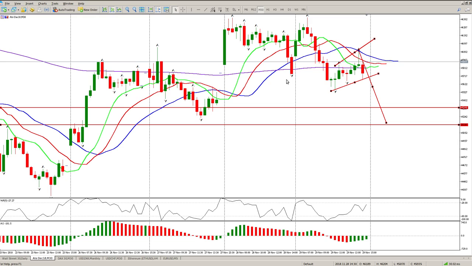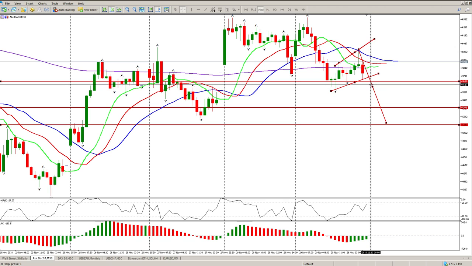Okay, so yeah, so I think for the Aussie, I'm not really going to be worried about this today. Just let things play out, and I'll pick this up on Monday. But if you are going to trade this, keep your stops. Just watch this. I mean, right now the bias is to the downside, so a break on the half hour, a break of this fractal here, this one there, will pretty much break the trend line, which would give you a measured move as far as I'm concerned.